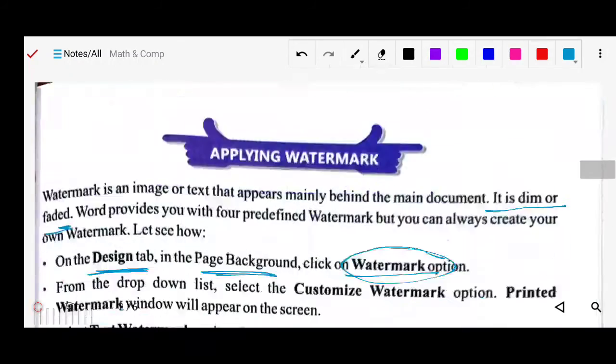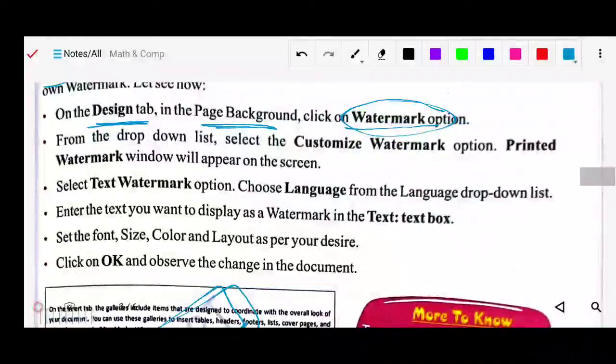So this kind of window will appear. Select the Text Watermark option and choose the language from the language drop down list. Enter the text you want to display as the watermark, in the text box. Set the font size, font color and layout as per your desire, and then click on OK. That is, what will be the size, the color, the style of the text.